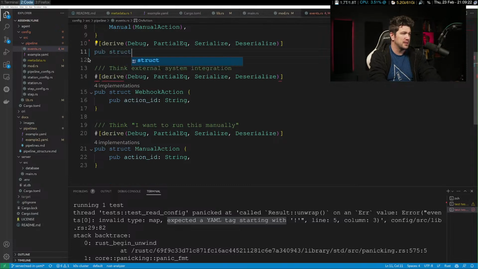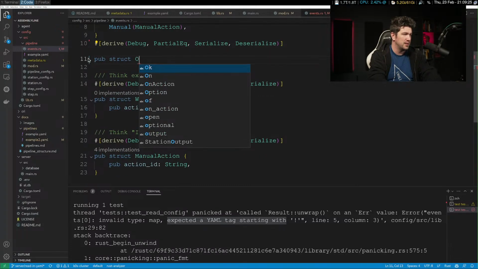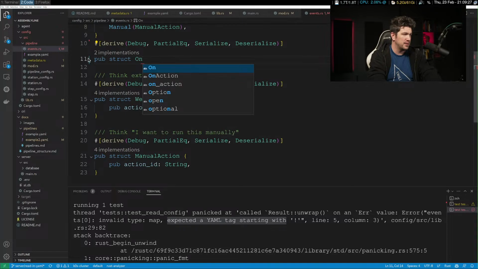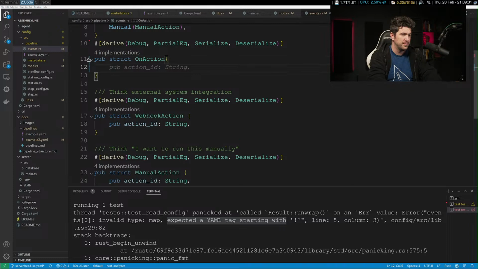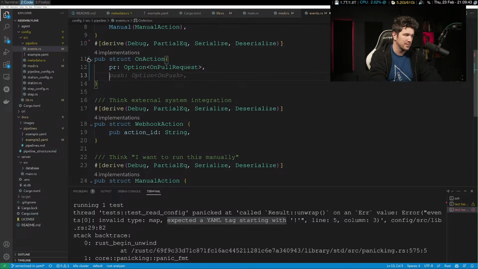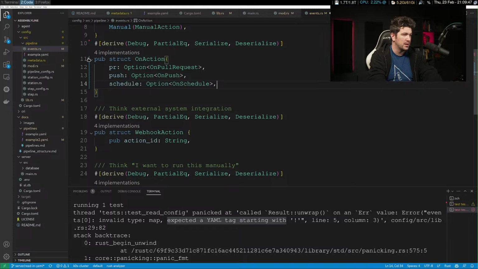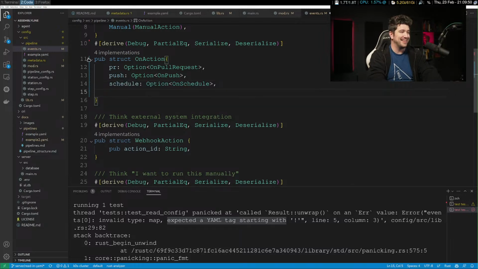Pub struct on action. It's getting the idea. Didn't get all of them, but something like this.